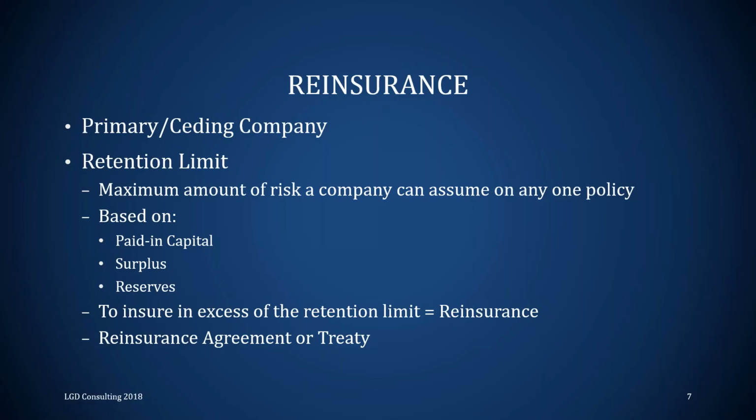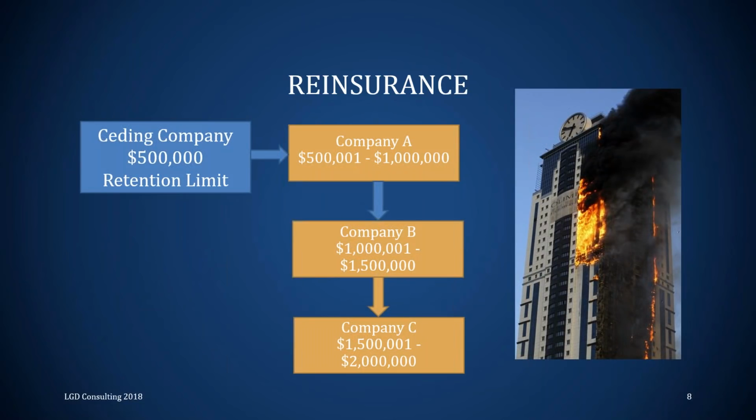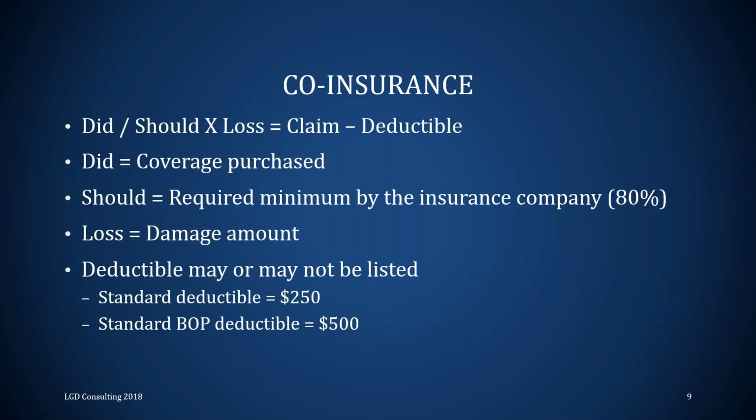If an insurance company wants to insure in excess of that retention limit, then they would have to go through reinsurance. Now, the agreement that the ceding company has with those reinsurance companies is called a reinsurance agreement or reinsurance treaty. And again, these treaties are set in place before even meeting with a client. So when a customer comes through the door with an unusual or high risk, we know exactly which companies we're going to share the risk with. That's all we're doing. We're sharing the risk. So if there's a catastrophic loss, not one company takes a hit. It's spread through the industry, with multiple companies.